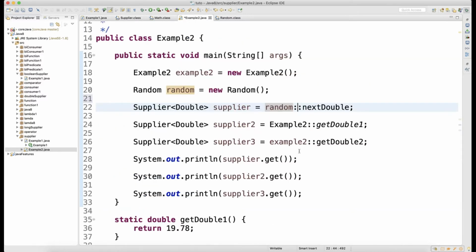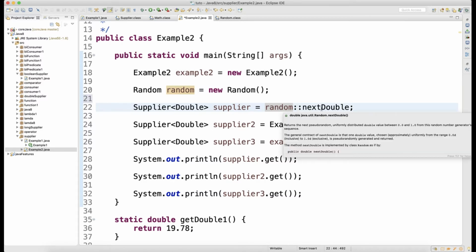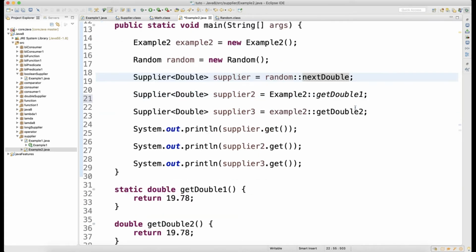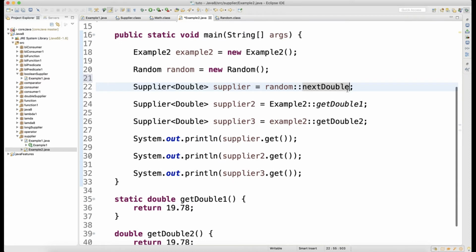In lambda expressions, in functional programming, if you want to call a method which is not static, you can create the object of the class and write the double colon and then the method name. But if you look at one thing here, we are not passing any argument to this method, right?